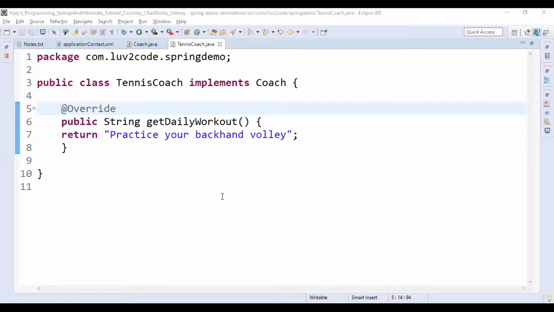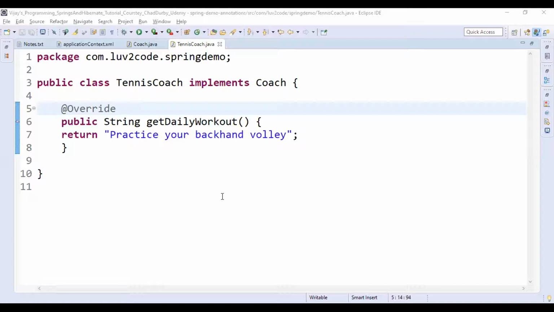Why? Because consider the possibility: what if we have hundreds of beans? Then we have to list each one of those beans in our XML configuration file.